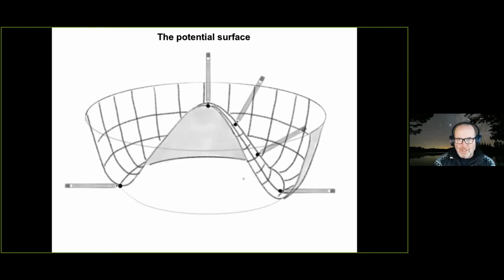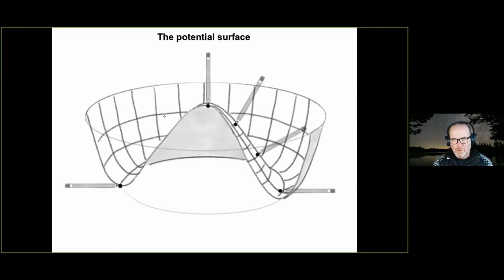Notice that this potential surface retains the original symmetry of the unstable state, because the potential energy doesn't depend on the direction in which the pencil falls. This thing will have this sombrero shape called a Mexican hat, which is very familiar as the shape of the potential for the Higgs boson. It applies to all kinds of things: the Higgs boson, ferromagnets,